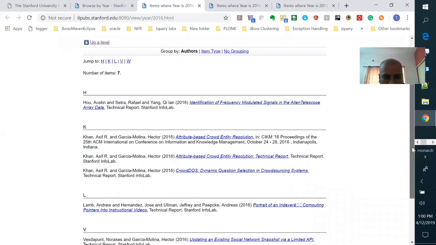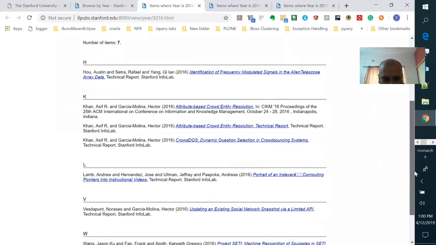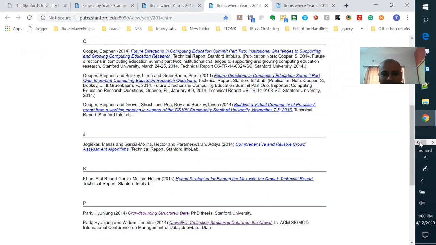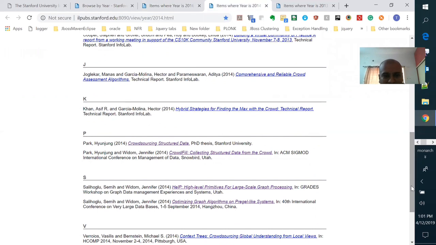We can see here that a lot of papers were published and a lot of research has been going on around crowdsourcing: attribute-based crowd entity resolution, technical report; CrowdDQS, dynamic question selection in crowdsourcing; comprehensive and reliable crowd assessment algorithms; hybrid strategies for finding the max in the crowd, technical report; then crowdsourcing structured